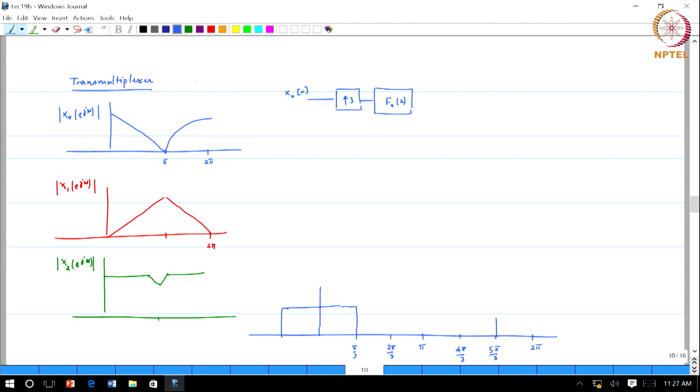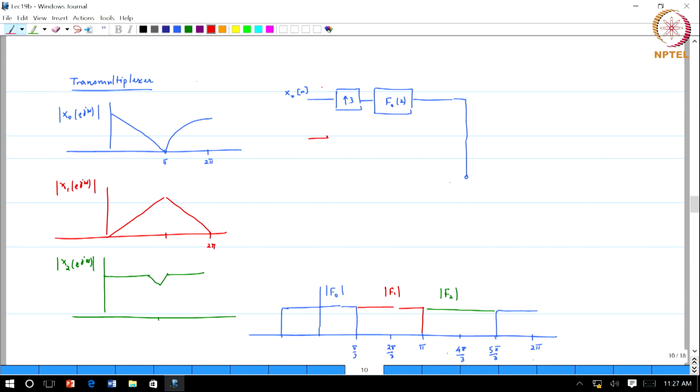So, the image would be located here. Okay. The second filter goes from π/3 to π, and then the third one goes from π to 5π/3. Okay. So, this is magnitude F0, this is magnitude F1, this is magnitude F2. Okay. And the structure that we have is this output gets added along with,